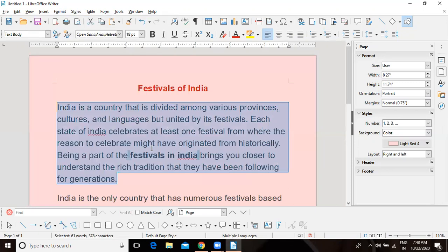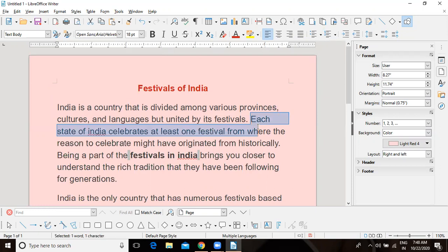If I click on sentence case means every sentence. Full stop means the completion of the sentence. Every sentence, first letter will be in capital letters. Here it is, each state of India. Now here we have every sentence, first alphabet will be capital letters. This thing is clear to you? This is what about changing the case of the text.